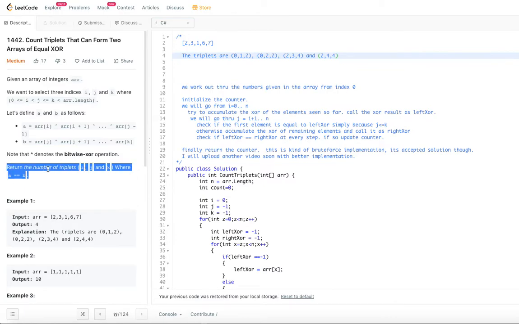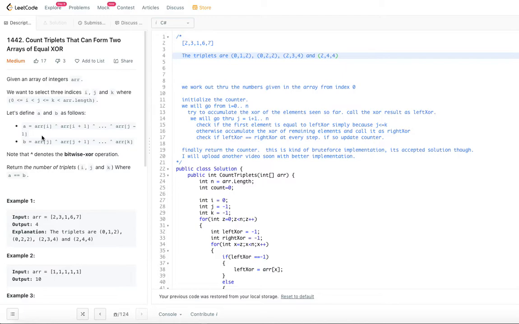So basically here we are counting by dividing that array into, not exactly dividing, but getting a subarray, right? So a subarray where we have indices i, j and k such that A and B are equal. A and B are the operations defined as array of i till array of j minus 1 XORed as A, and B is array of j XORed through array of k, right? Those are the operations that we need to remember. Whenever A is equal to B, we need to count that as a triplet.